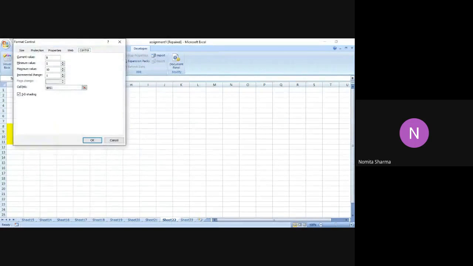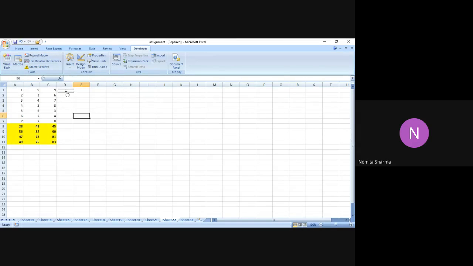So I say minimum value is 0, and max value I can also change. You can also see the spin buttons are also used in this form control box. So I can easily increase and decrease the value of minimum value, max value and incremental change. So I will use the spin button for this to increase the value, right? So I'll say okay to that, and when I say